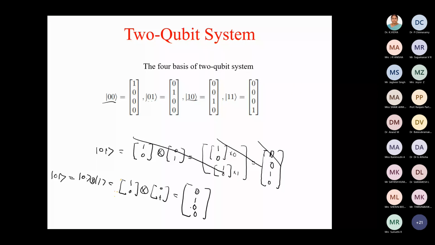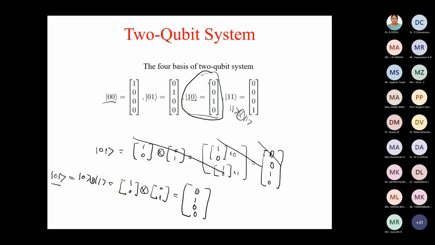Okay. So what I'm saying is that this is the basis state 0, 1 for a 2-qubit system, and it is denoted by this kind of vector. This is one of the basis states. The basis state 1, 1 is basically the tensor product of 1 tensor with 1, so you will get this kind of state. So there are 4 basis states. And what we are saying is that any 2-qubit state can be represented as a linear combination of these 4 basis states. Is this thing clear?